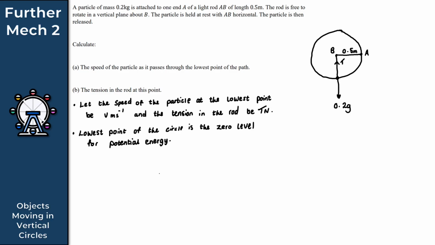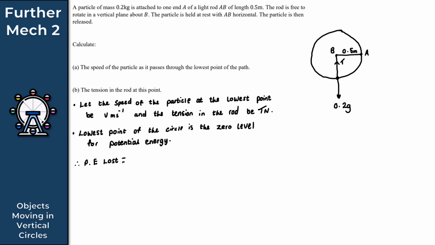So where do we go from here then? At the lowest point, the particle will have fallen a distance of 0.5 meters, because the radius here is 0.5 meters. So once it gets to the lowest point on the circle, it's fallen a distance of 0.5 meters. So what that means is the potential energy loss, which I'll denote as P.E., potential energy loss,